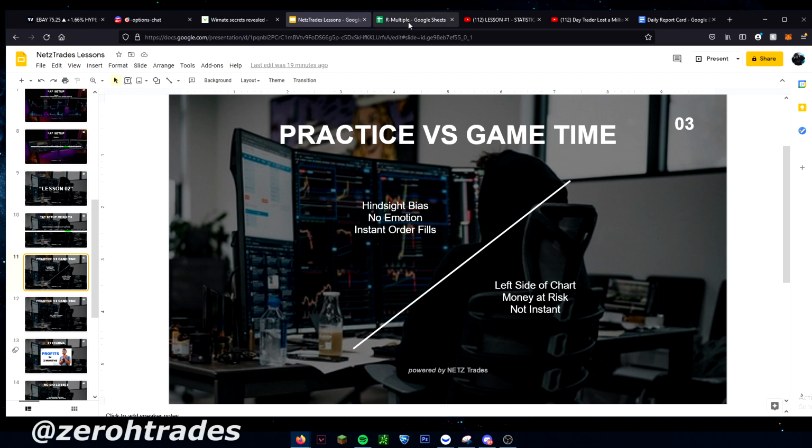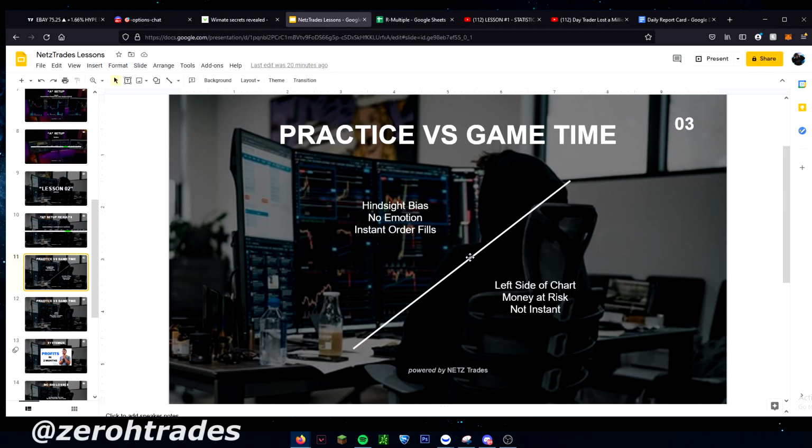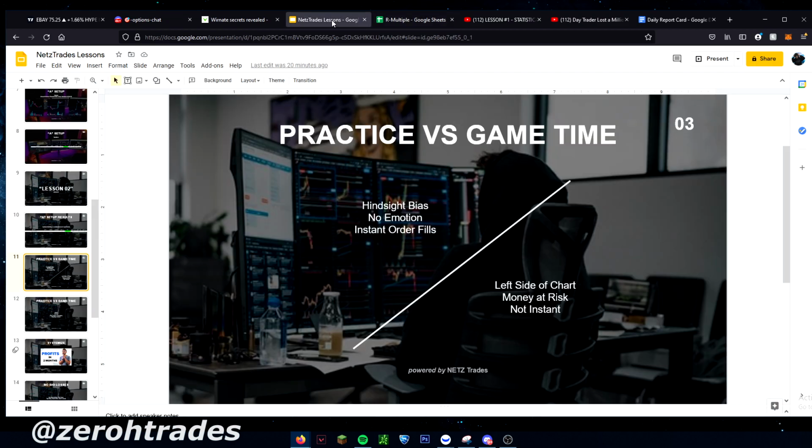So although hypothetically it looks good on paper, you have to make sure you're executing your plan. The reason I point this out is because this might look good on paper. You're like, okay, I'm just gonna start using the strategy because he said I could turn 1,000 into 5,000 in a single month. Right, that's if you were executing perfectly and the statistics stayed the same. So I'm gonna talk about how you can maybe improve your execution and try to get as close to this result as possible, because you're never gonna get this perfect result, but you can try to get as close as possible.